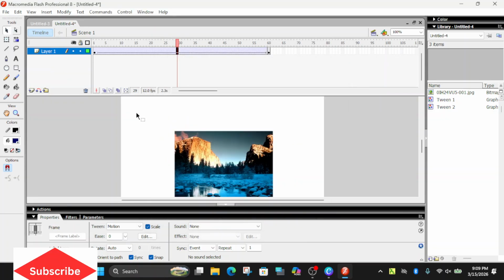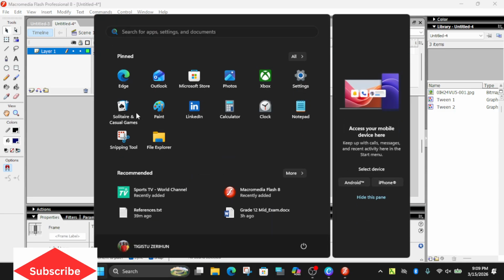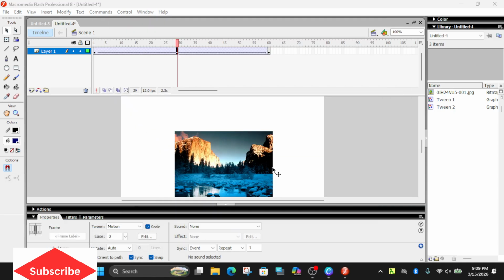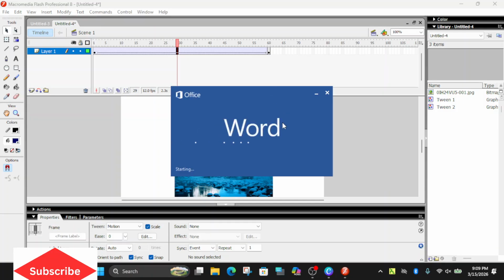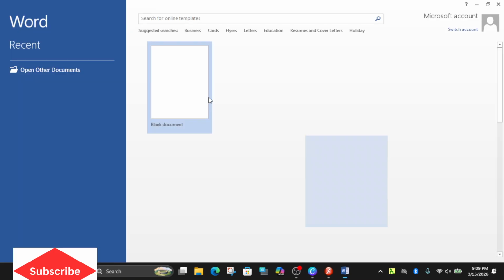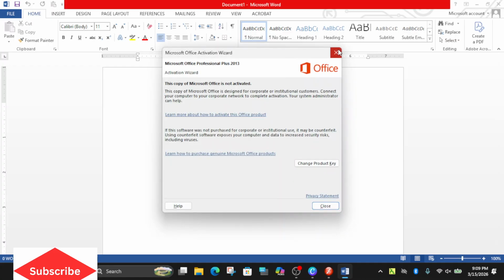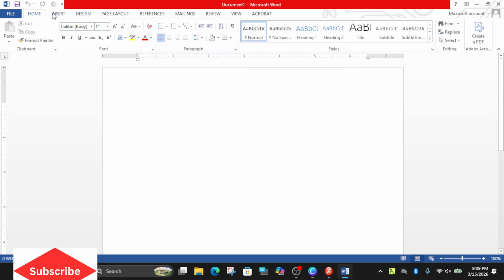For instance, it's possible to insert text from Microsoft Word, using WordArt. Type here, insert, for instance.